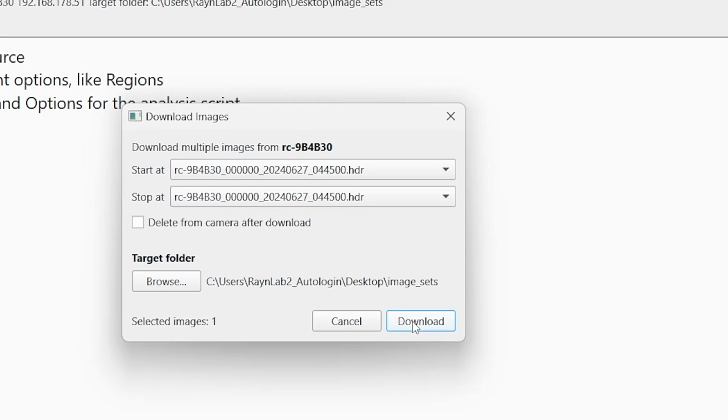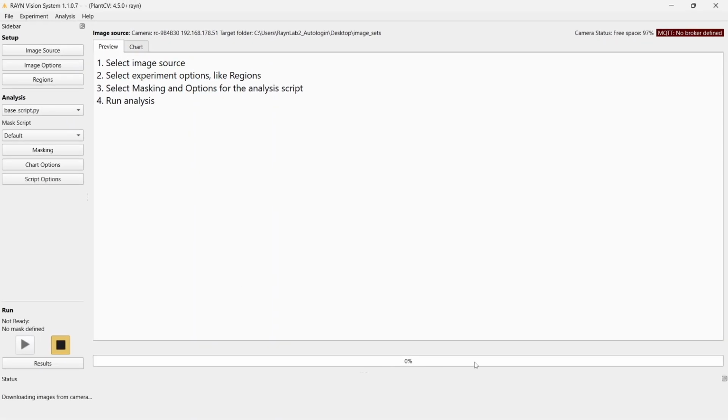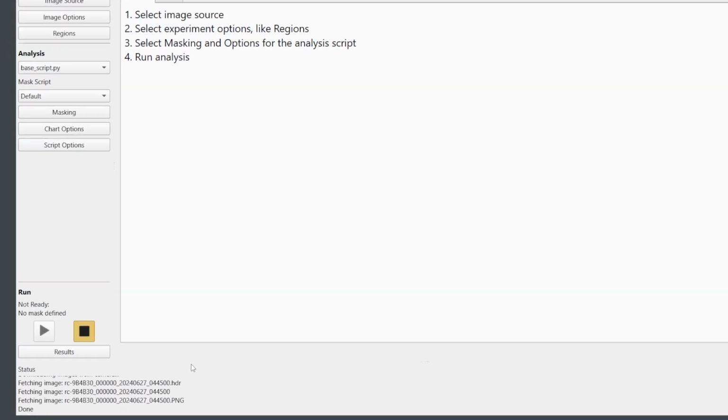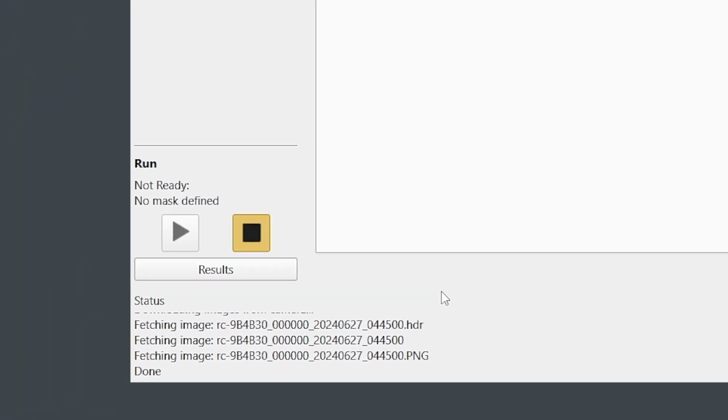Right, so now let's press download. This will open a progress bar and you can see what the status is. If you're familiar with the concept of multispectral imaging, you will know that the ENVI standard, that's the image standard the Rain Vision System camera is also using, basically means that there are two different files, one HDR file, one header file, which contains information about, for example, the timestamp of the image and so on. And then there is a binary file which contains all the data.